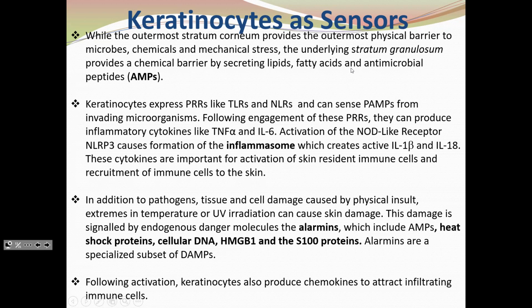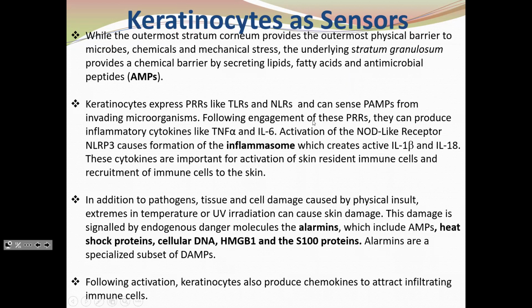And then within the draining lymph nodes, they can present processed antigen to the naive T cells that are circulating from one lymph node to another. Once that naive T cell has seen that particular antigen,